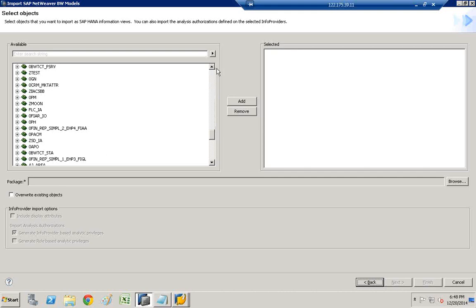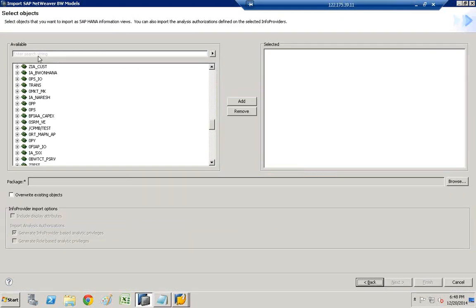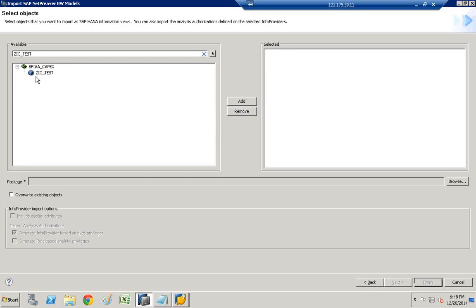Can we see some more capex? Or you can do a search on the cube. Let's do a search on this JIC_test. Give the cube name, click search. Now here is the cube name. Select the cube and click add,